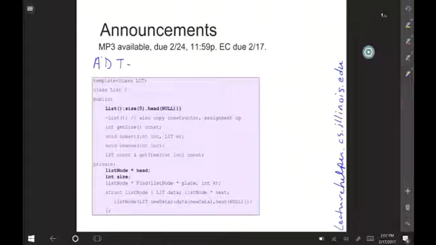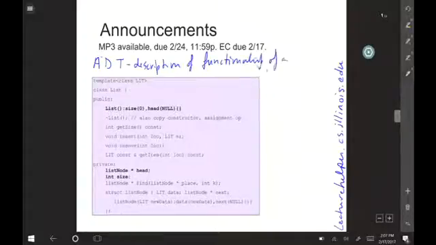So this is an abstract data type, and it is a description of the functionality of a data structure.